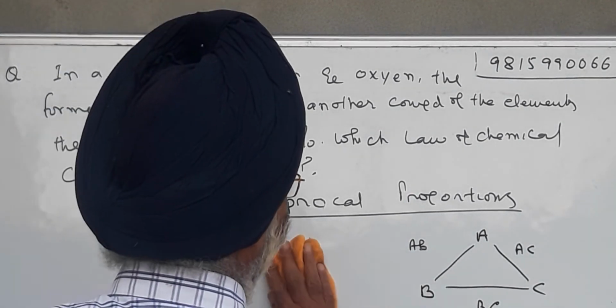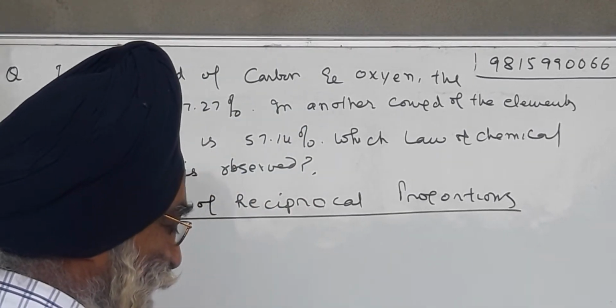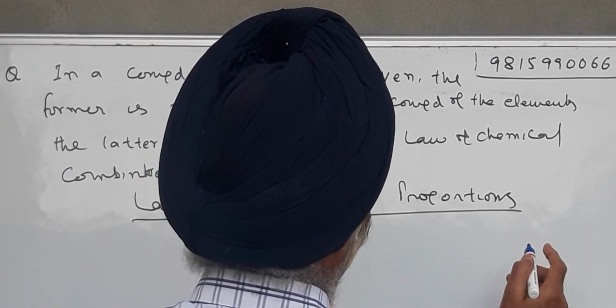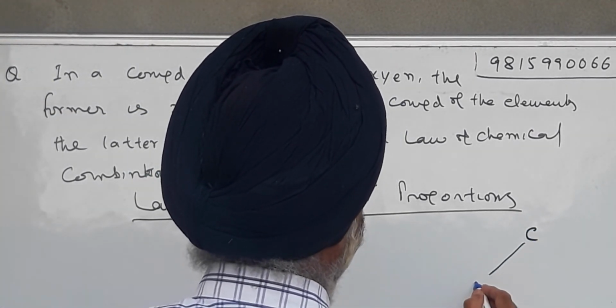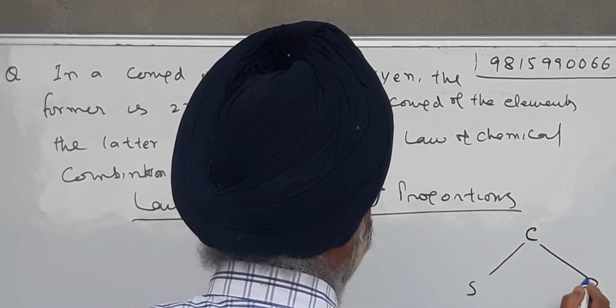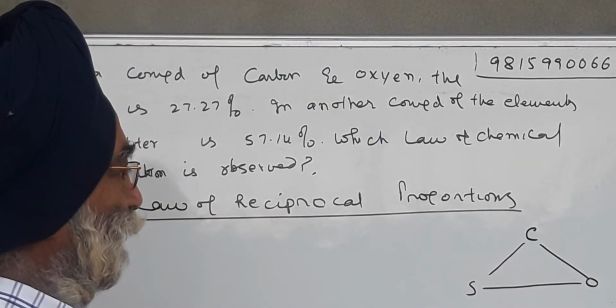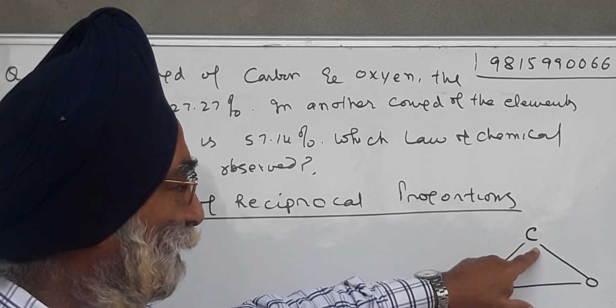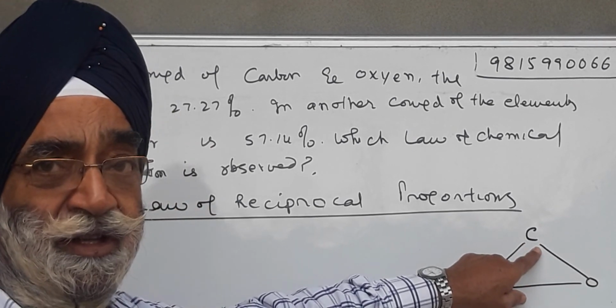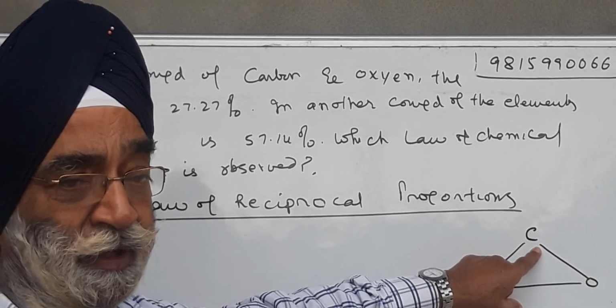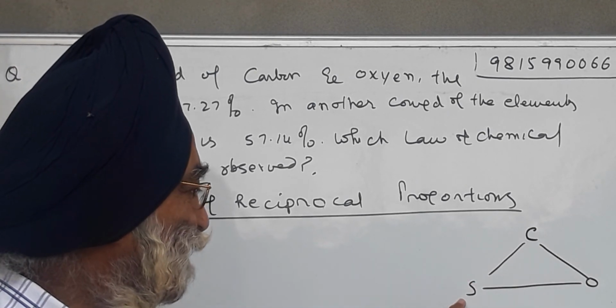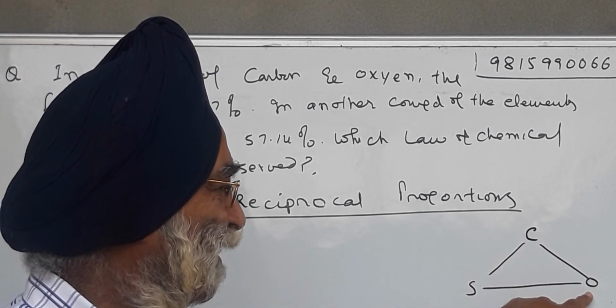Let us have a direct example. Say it is carbon, it is sulfur, it is oxygen. We could write carbon here, sulfur here, oxygen here, makes no difference. We could have written sulfur here, oxygen here, or sulfur